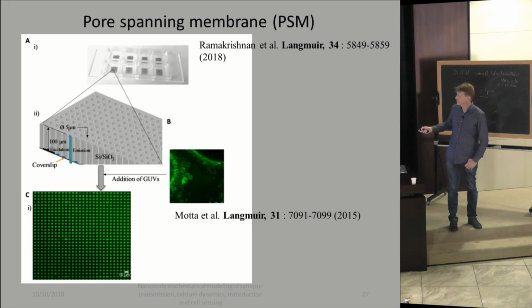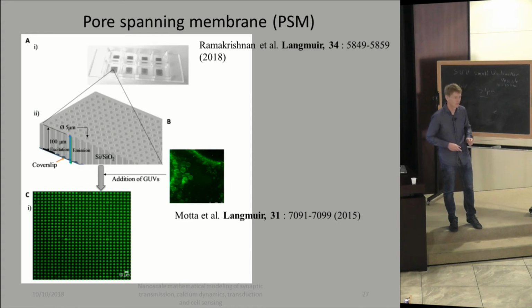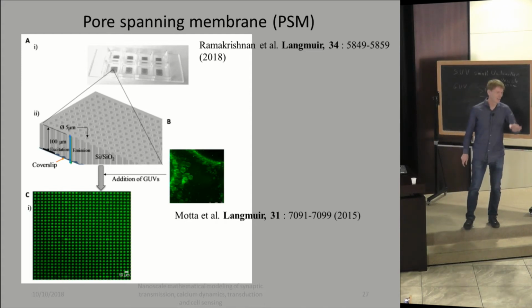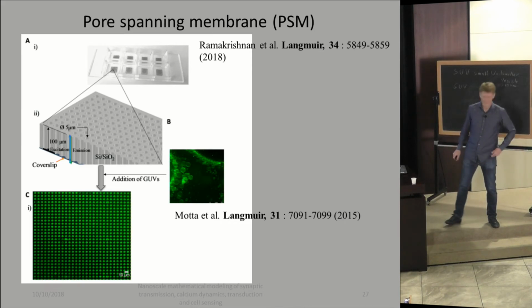You cannot change the bottom medium. It's trapped. There's a well, and it's trapped. You cannot put electrodes. I think I went through everything, but there may be a couple of other limitations. So you don't fulfill all the criteria that I had at the beginning. I could go back to the table, but I hope it's enough to convince you.